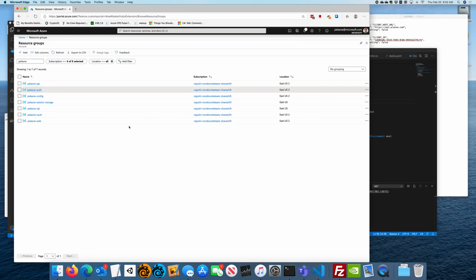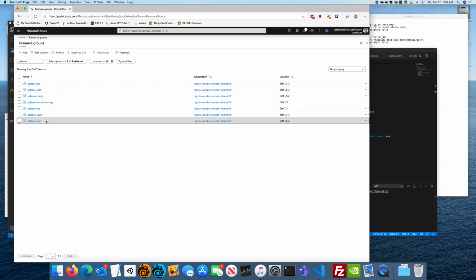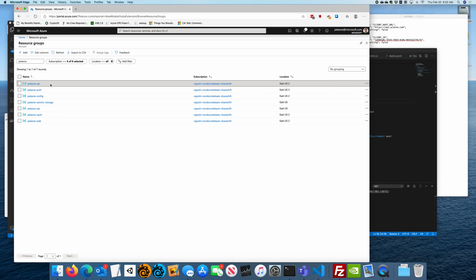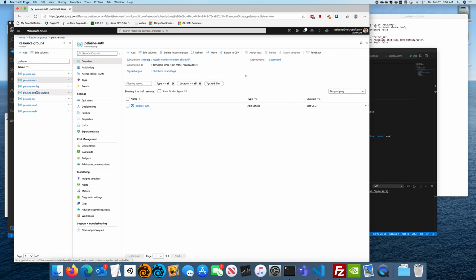So the first thing we need to do is go out into Azure and provision our app services. I've already done this. I provisioned an app service for plosne auth, for plosne web, and plosne API. I just mainly did that because it takes a while to provision and didn't want to wait for that on the video. If we go in and we look at, say, the authentication service,